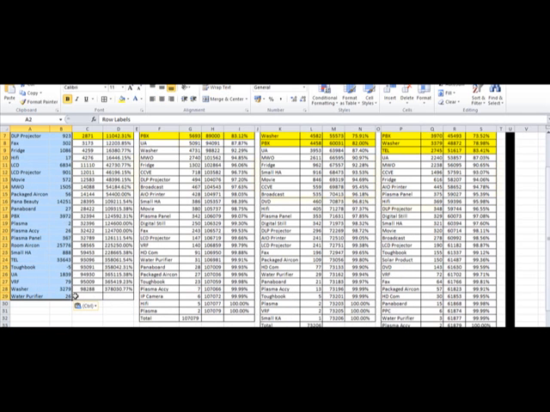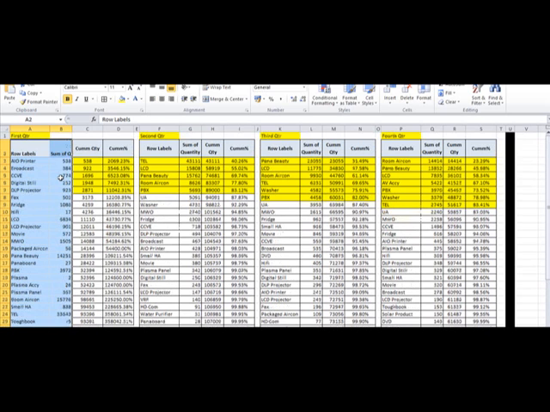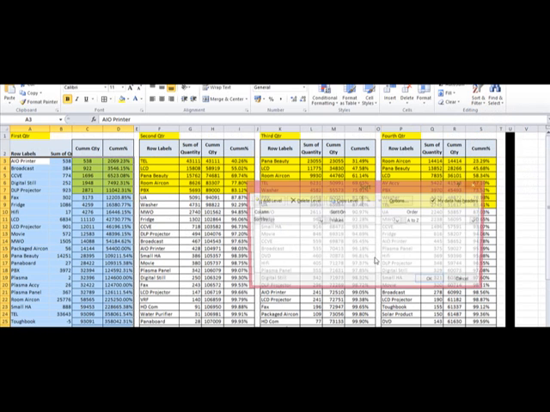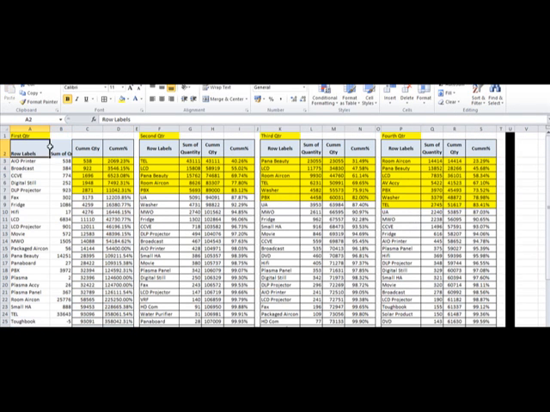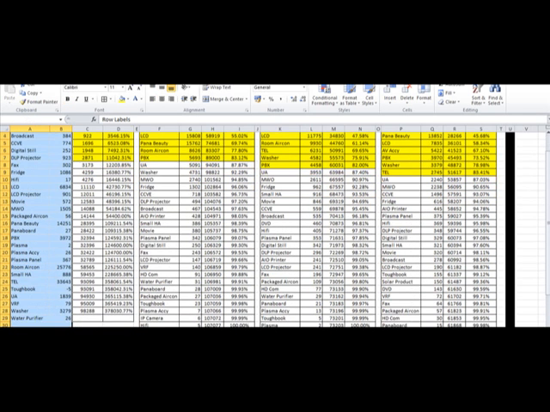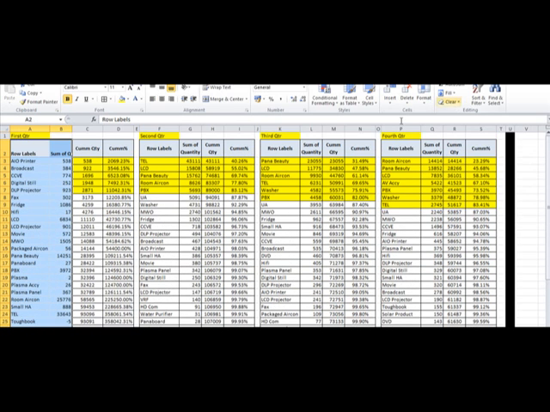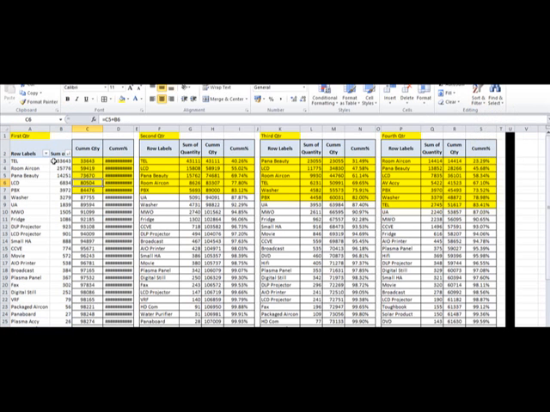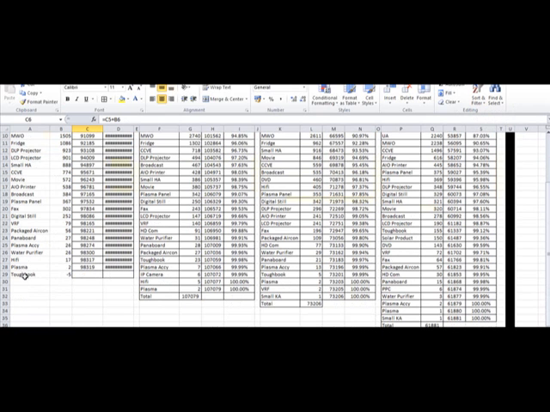So what we need to do is arrange them in decreasing order. I will put a filter over there, custom selection, cancel. Put a filter over there, then largest to smallest. In this way we have